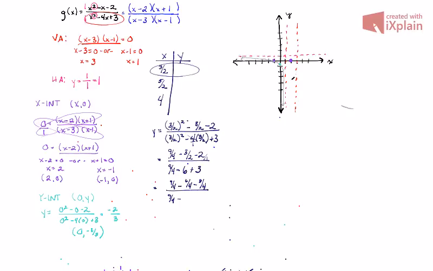So negative 24 over 4 is the same thing as negative 6, and 12 over 4 is the same thing as 3. If we continue to evaluate this, simplify what's going on in the numerator, that is going to give us negative 5/4. And then if we simplify the bottom portion, or the denominator, that is going to give us negative